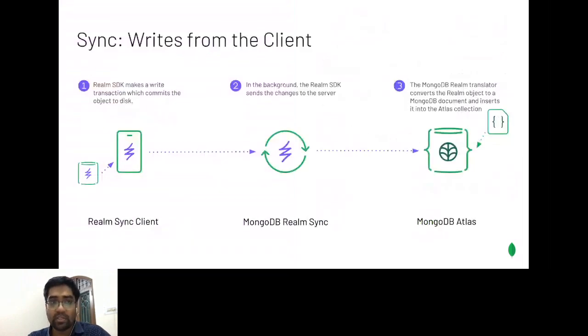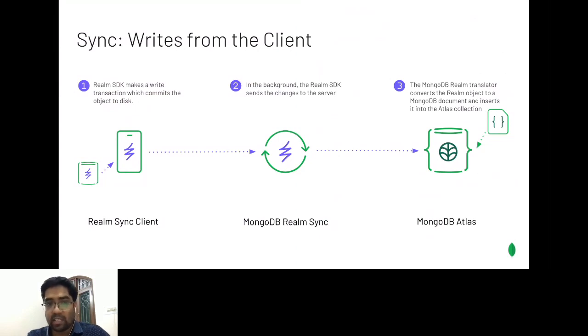Now let me try to iterate on the workflow, what happens and how it happens. Let's say someone on a mobile phone decides to make some changes. As soon as the change happens, it is written to the mobile SDK.